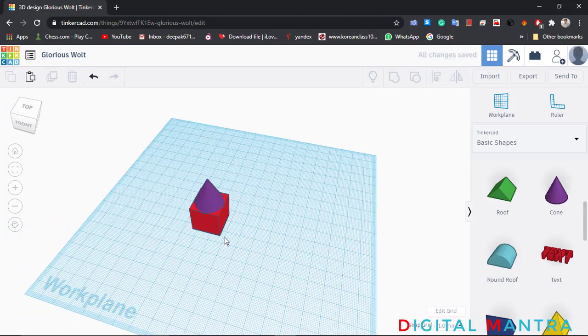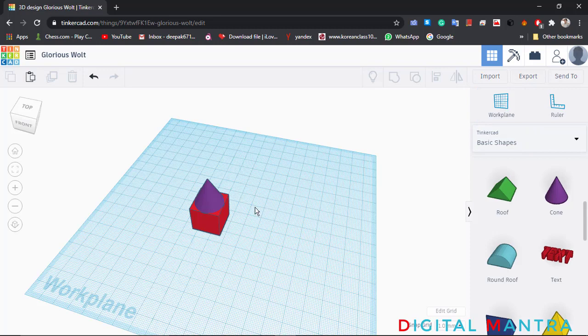Now what if we want to create it directly on the plane? We don't want to lift it from the work plane, because if you are creating a complex structure, it won't be possible to repeatedly create on the work plane and then lift it up. So for this we have an important feature in Tinkercad: you can also add a new work plane to your structure.